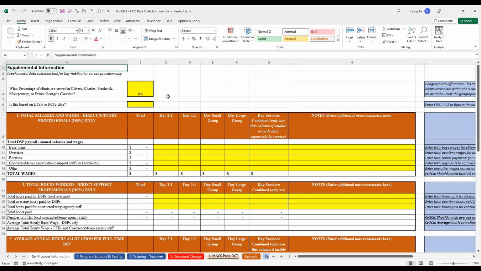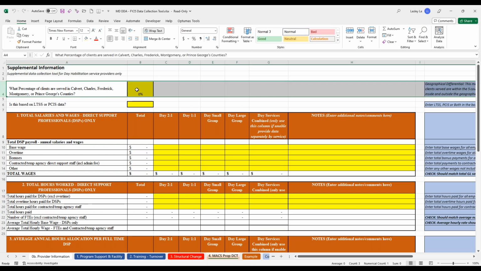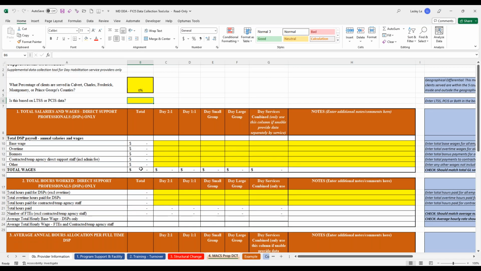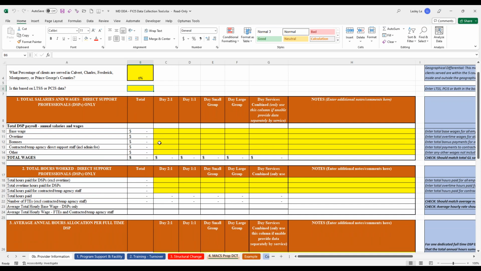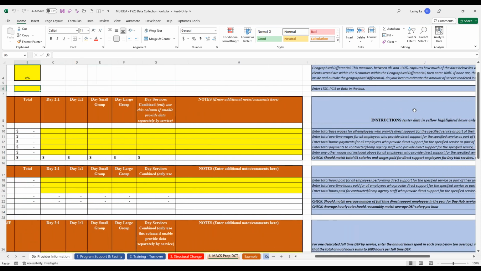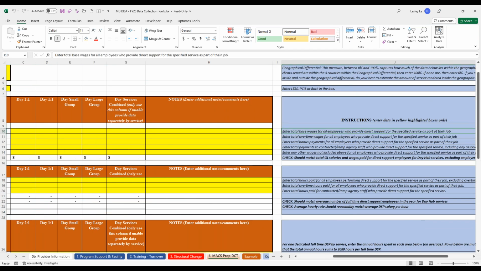The way that this is laid out is at the top, we have the percentage of your clients that are served in the geographic differential area, whether your billing system is based on LTSS or PCIS. And then the directions for each of these cells are on the right-hand side in column J on what they're looking for within each of the rows here.